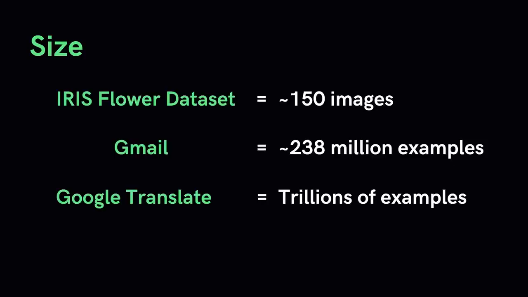Data comes in a variety of sizes. For example, the Iris Flower dataset contains about 150 images in the total set. Gmail Smart Reply has around 238 million examples in its training set, and Google Translate reportedly has trillions of data points. When you're choosing your dataset, there's no one-size-fits-all, but the general rule of thumb is that the amount of data you